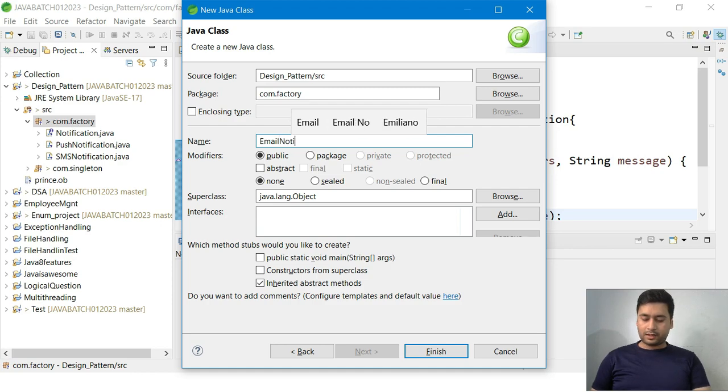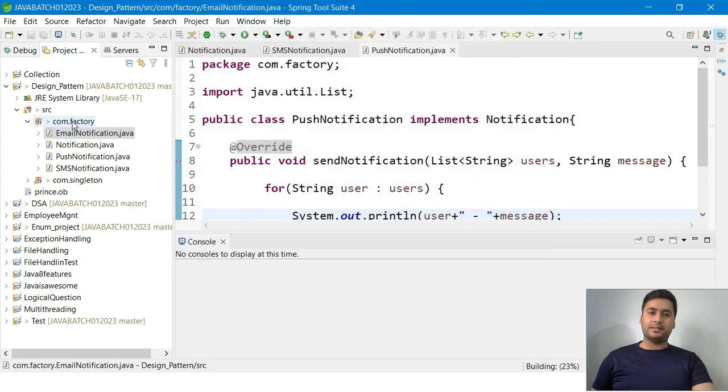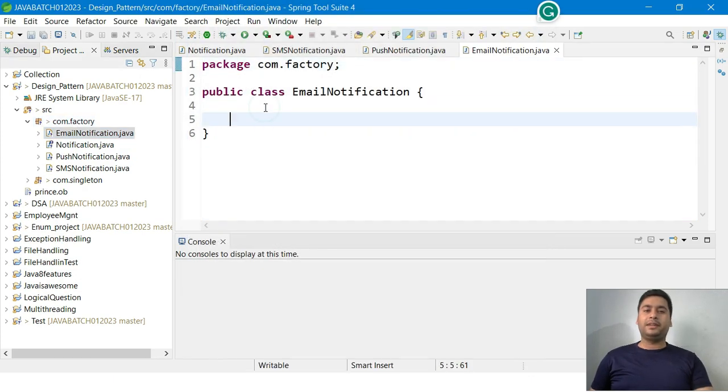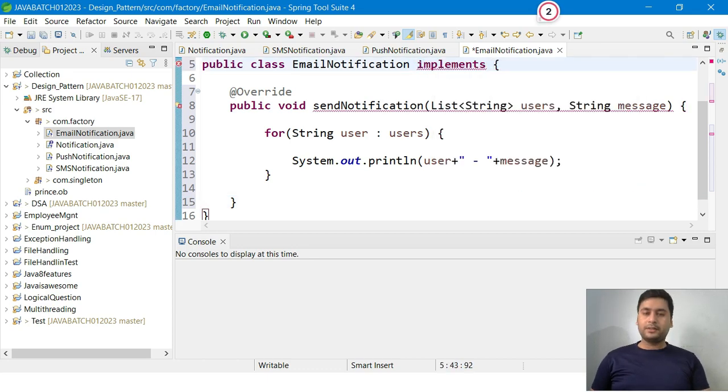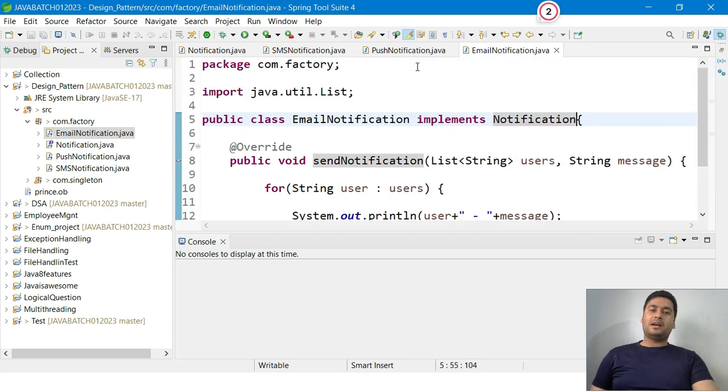Email notifications, and inside the email notifications we also have to implement the same methods. And this will implement what? Our notifications interface. So as of now we have created three classes, and all three classes implement notifications with the same